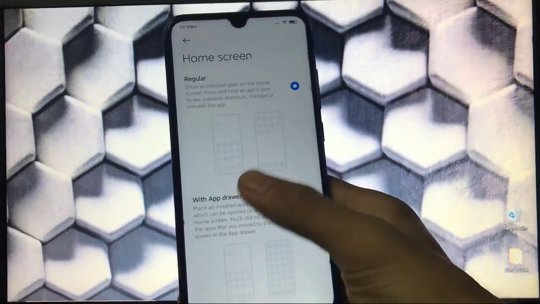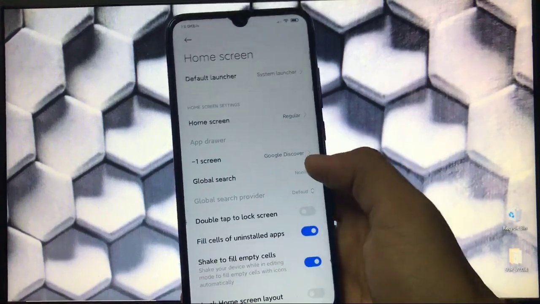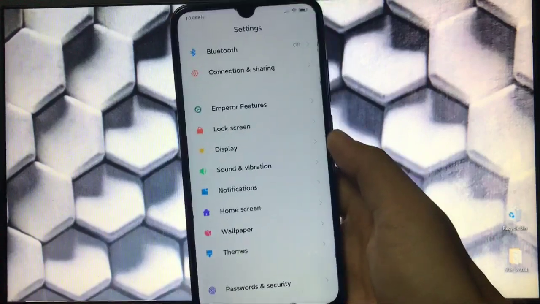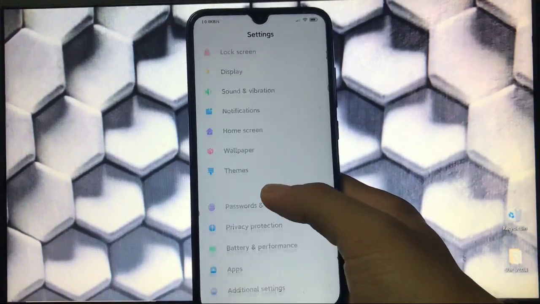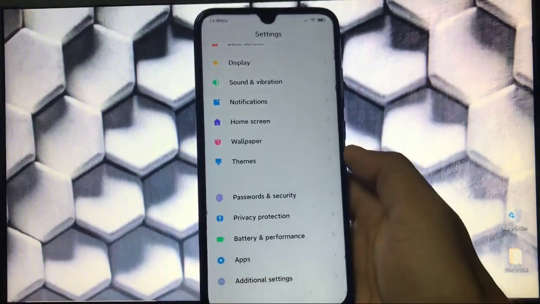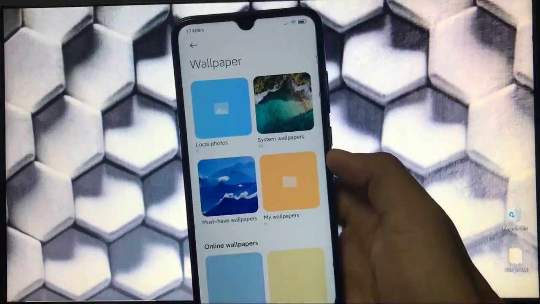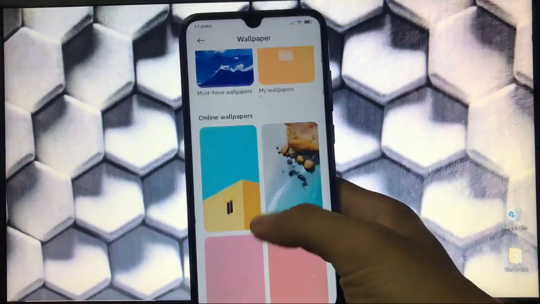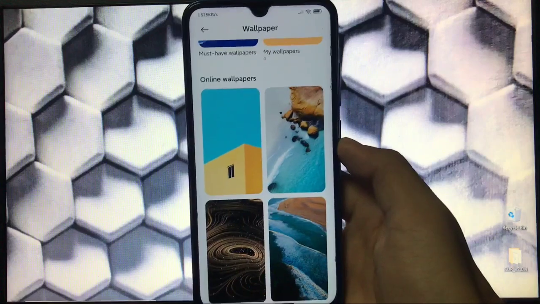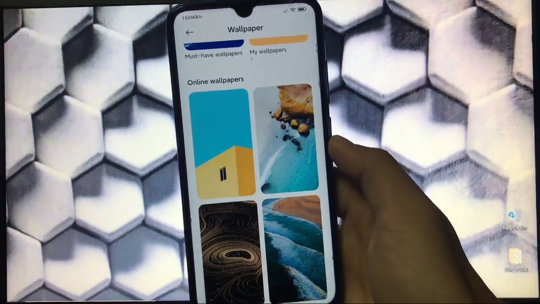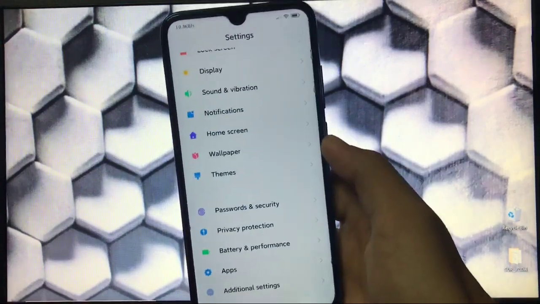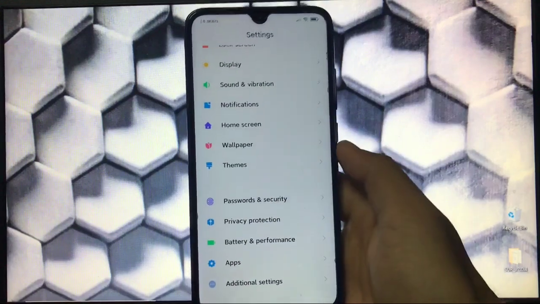As you can see, it's a little bit old, but if you need features you can survive without that. The home screen and themes I have already shown you. In wallpaper you don't get the super wallpapers pre-installed, because Redmi Note 8 is officially not supported for super wallpapers also, and it is highly not recommended for you to use the super wallpapers.